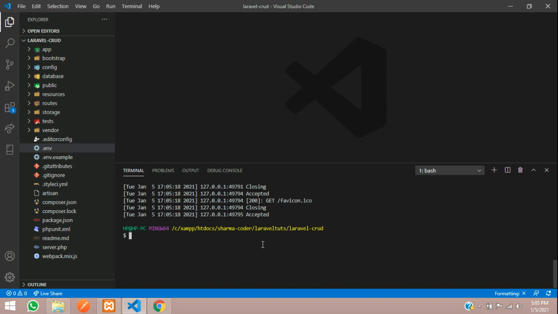So here we'll give php artisan make migration, create, and we'll create a products table here. The users table will already be there by default in Laravel, so we are going to test it with the products table. This is the command, hit enter.